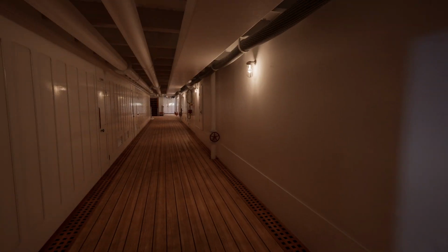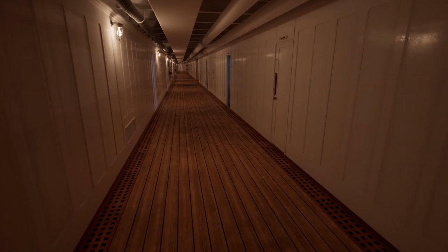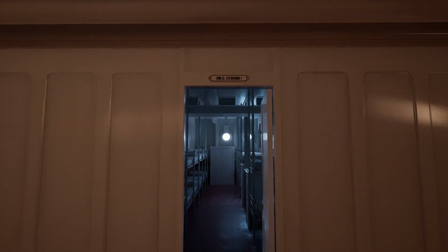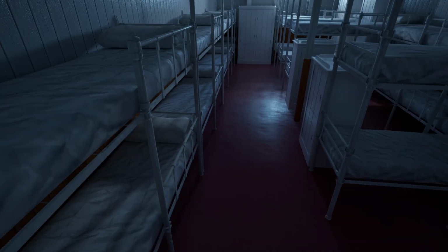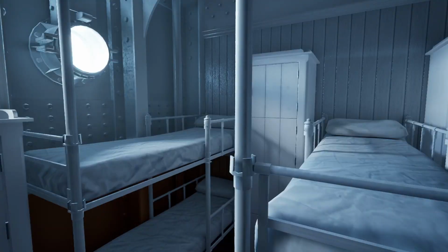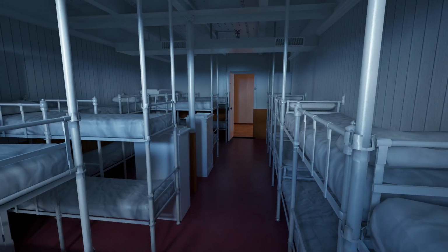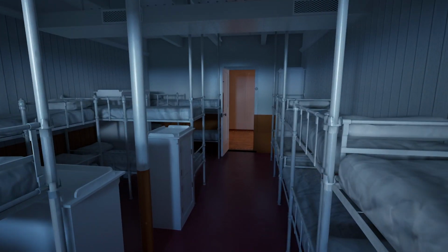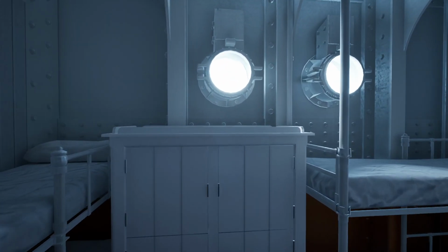Now, let's see. Steward's quarters, those are going to be slightly down the hallway here. So the steward's lavatory that we were just in, there's all sorts of bunk rooms on this deck, but this is for particularly second-class stewards. This is their dormitory. I'm not going to call it a cabin, because it isn't really. There's a lot of men in here, and this was affectionately referred to at the time by the crew, as well as other stewards' cabins or dormitories, glory holes. I don't know precisely why, and I take it meant something different at the time. Anyway,